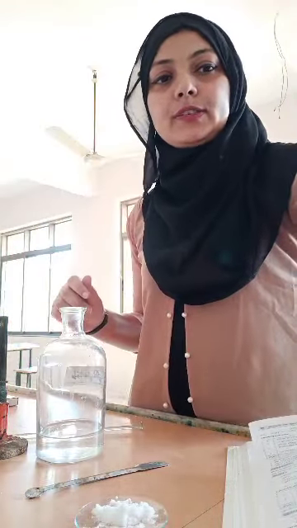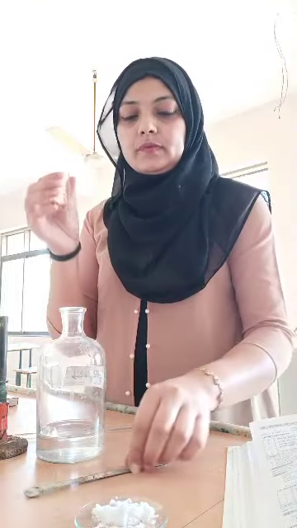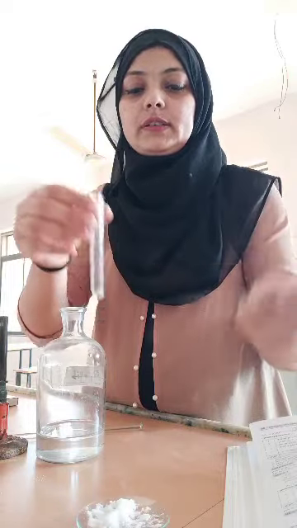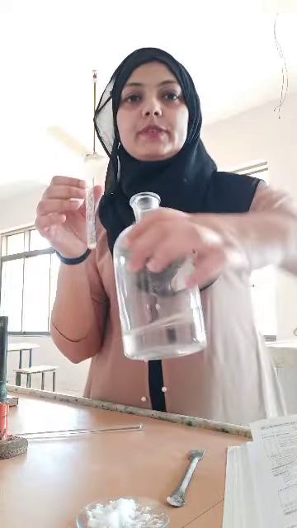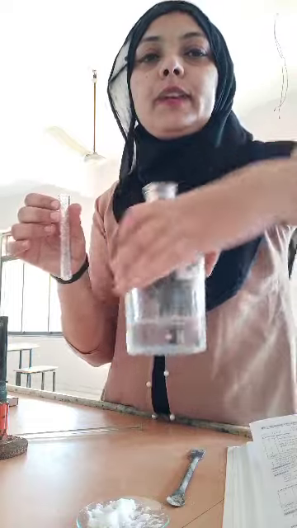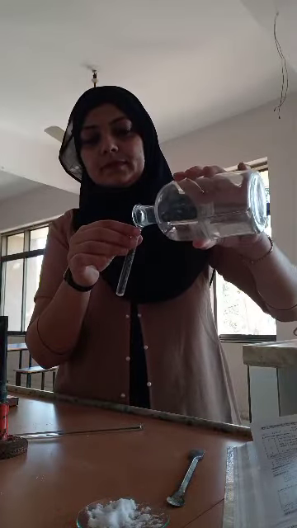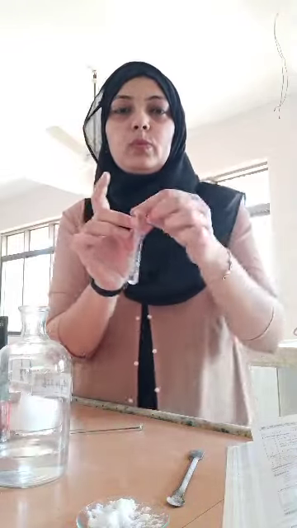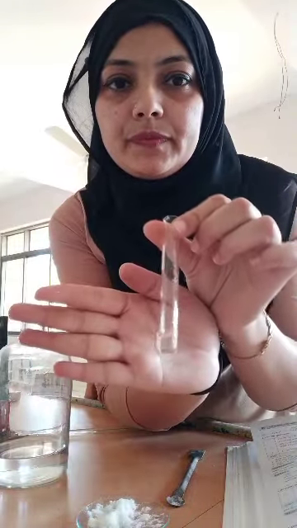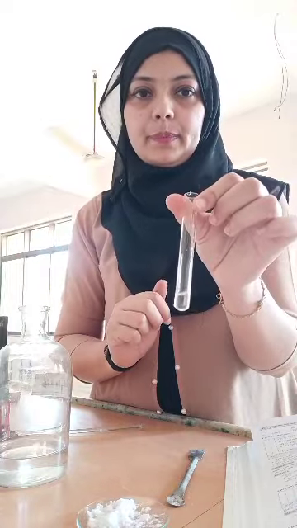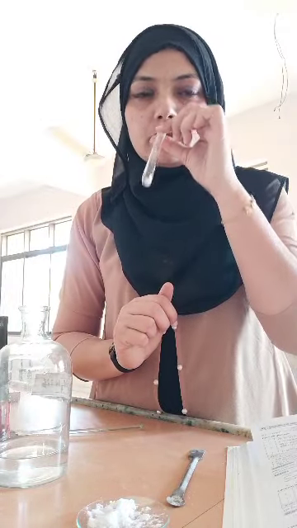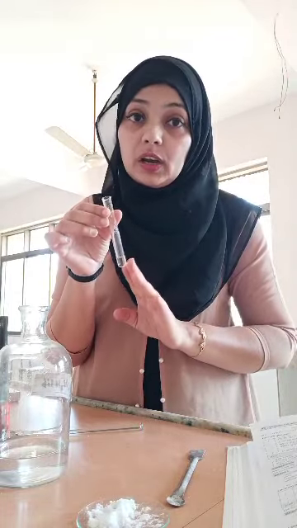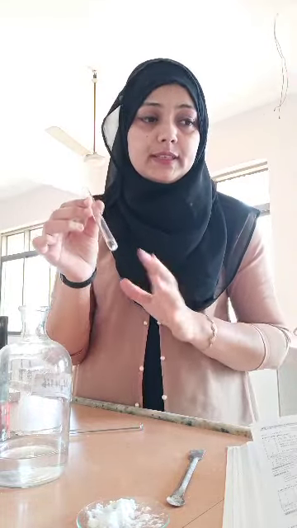Dear student, in the analysis of the anion, first of all what we have to do, we have to take a test tube. We have to take a salt, and what we have to do, we have to first of all use the dilute sulfuric acid. I have dropped the dilute sulfuric acid, and here student, nothing is happening. No colorless gas, no colored gas, no precipitates, nothing.